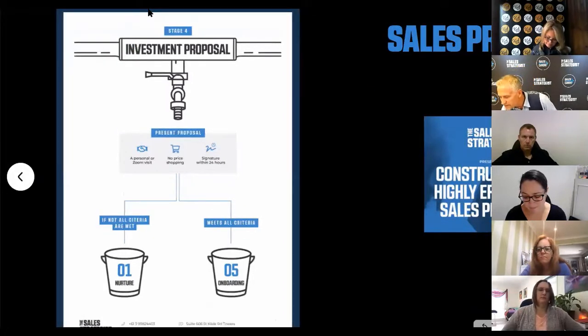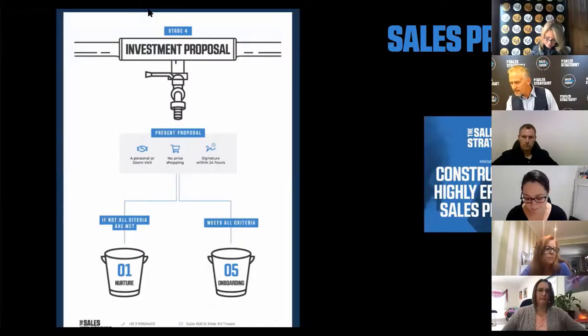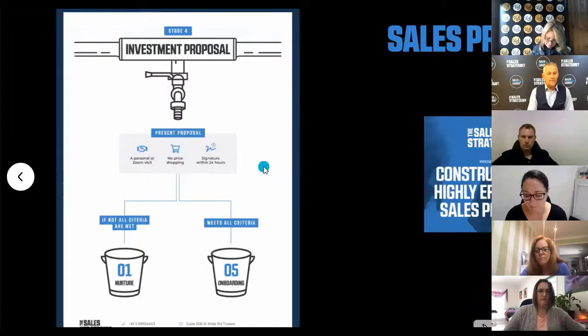Let's just have a look. Government departments usually ask for proposals. Yeah, absolutely. Government departments, we'll actually come to that one, David, shortly. So meets all the criteria, they're all met. So that's that one. And then